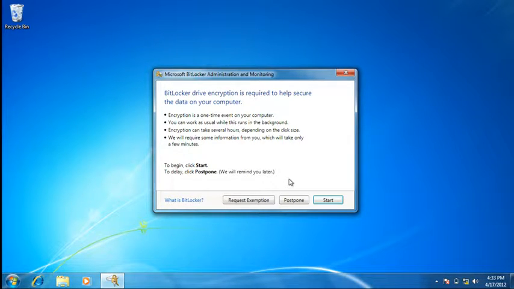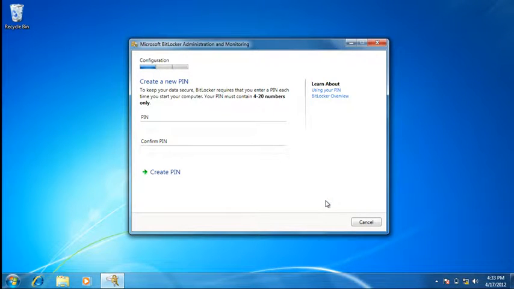Okay? All right, let's walk through and we'll actually start and do a couple things. So we'll hit start here. Okay, first thing comes up is it goes out and looks on the network and looks at the policy for what I'm going to do. If I was just going to have a TPM-only encryption, I would not see this screen. But on the OS volume, I've chosen to have a TPM plus PIN. Now what that means is every time the machine boots up, it's going to come up and prompt the user